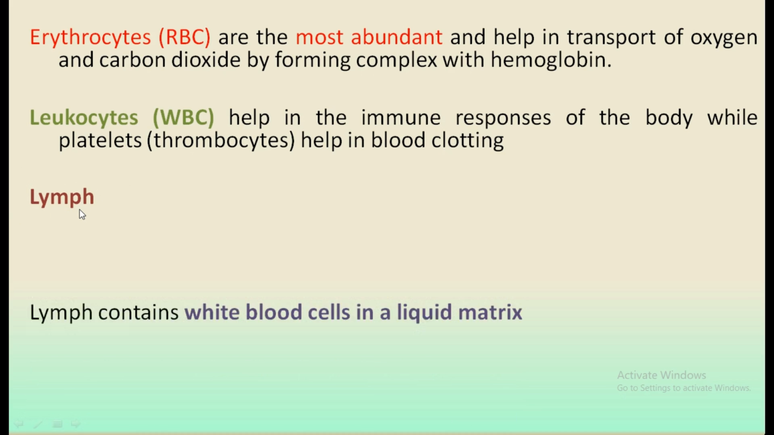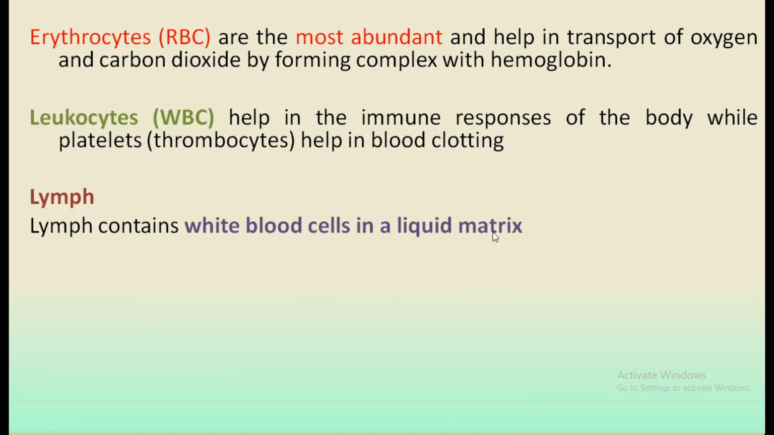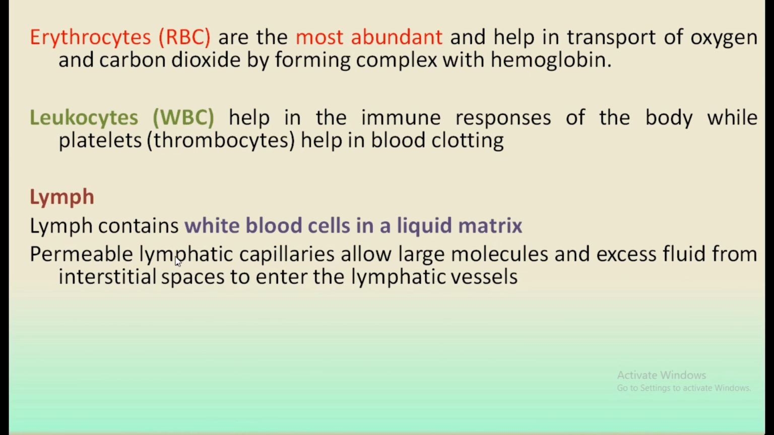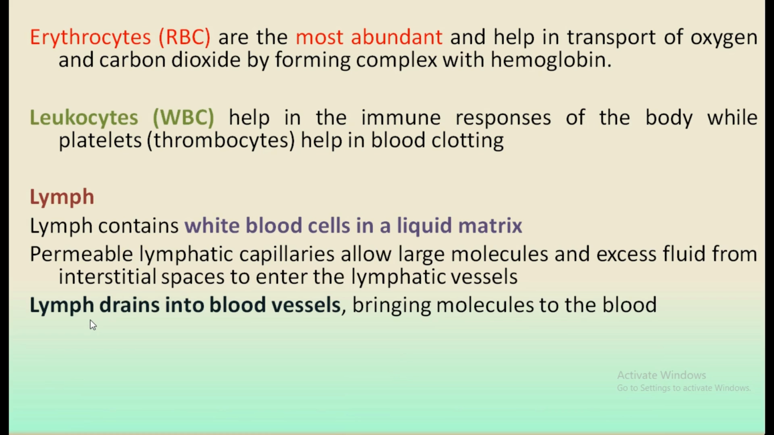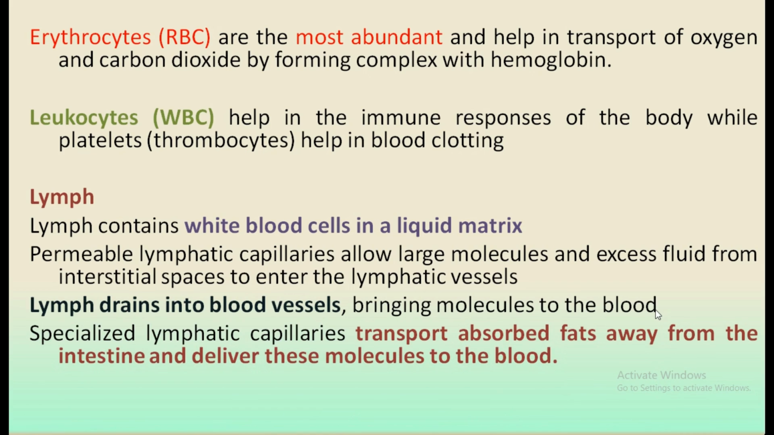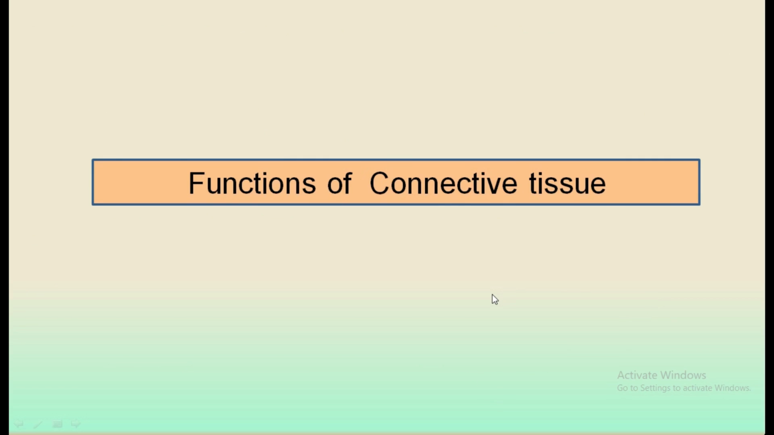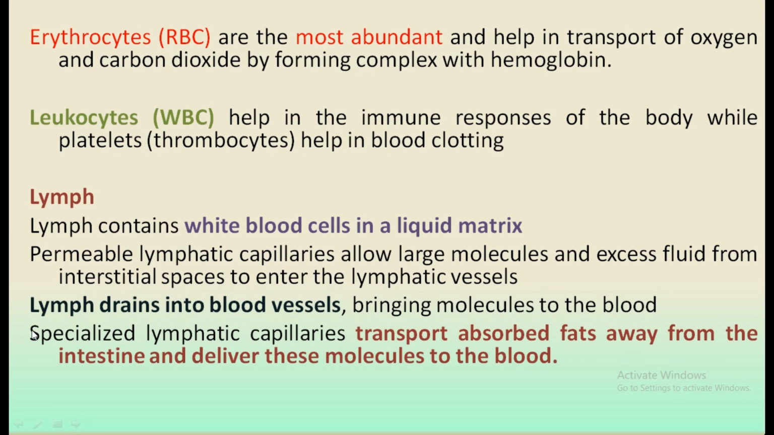The second type of fluid connective tissue, lymph, contains white blood cells in a liquid matrix, and permeable lymphatic capillaries allow large molecules and excess fluid from the interstitial spaces to enter the lymphatic vessels, and the lymph drains into the blood vessels, bringing different molecules to the blood. Specialized lymphatic capillaries transport absorbed fats away from the intestine and deliver these molecules to the blood. So we will not discuss more details about the vascular tissues, and this also will be dealt in a separate